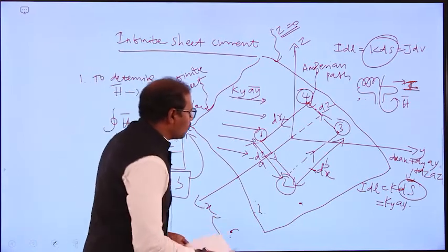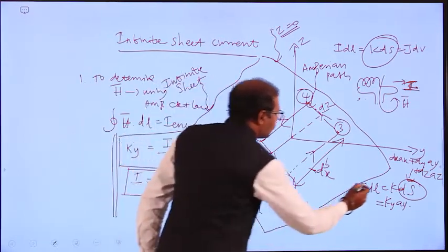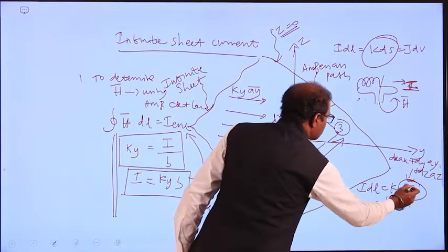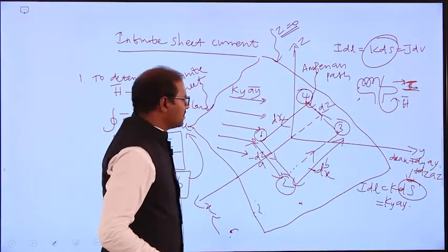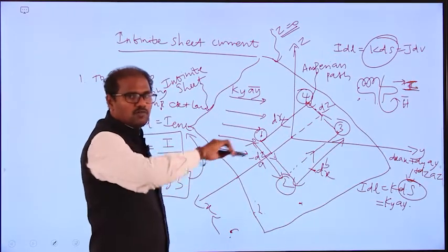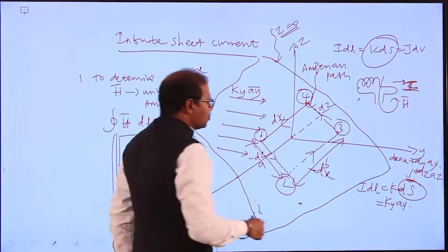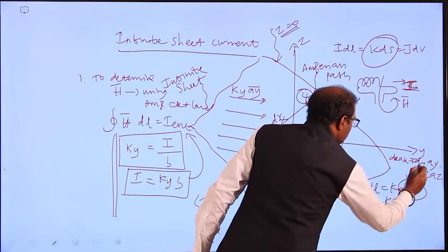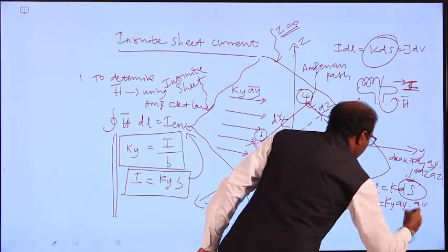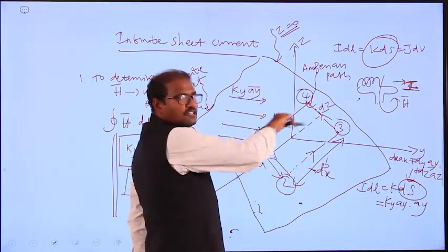Now what will we do here? Here I am going to use K, dS. dS means surface. The surface current will be there. The field component will be moving, that is, the current is moving in the y direction. We take ay for the y direction, because the differential element will already be moving in the y direction.